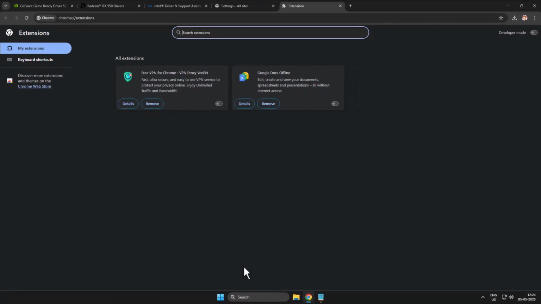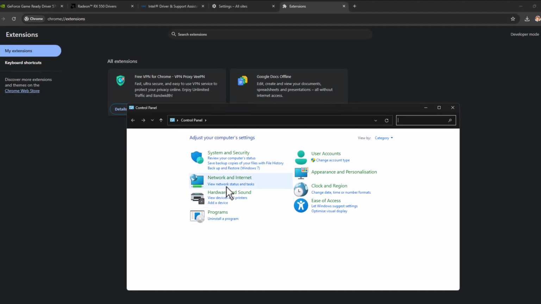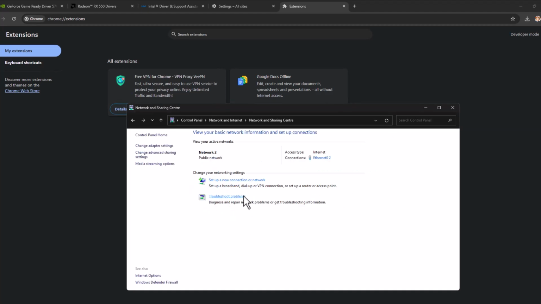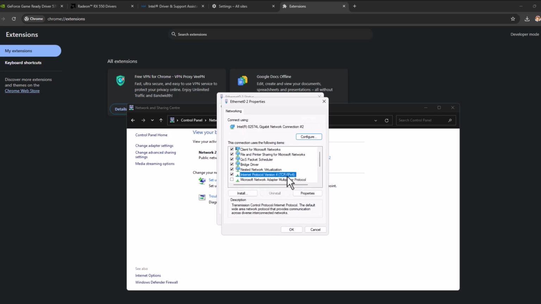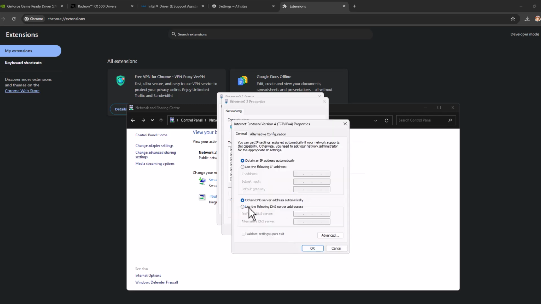If not, method 2: go to the search menu, type Control Panel, and click on open it. Select View network status and tasks. Select the web connection. Select Properties. Select Internet Protocol Version 4 and select Properties. Select Use the following DNS server addresses and type here